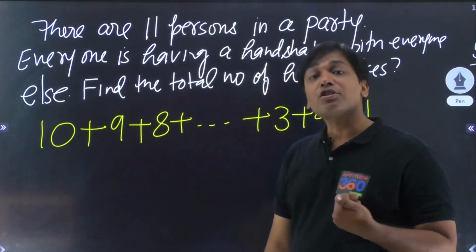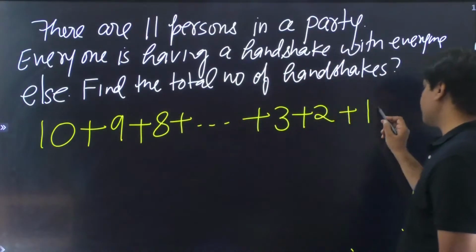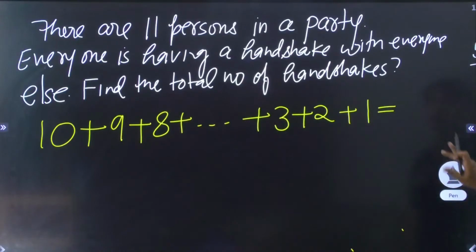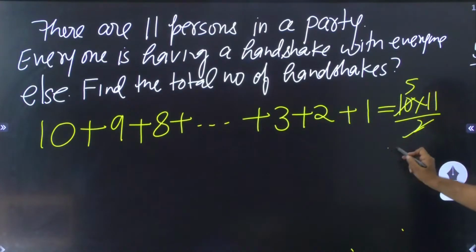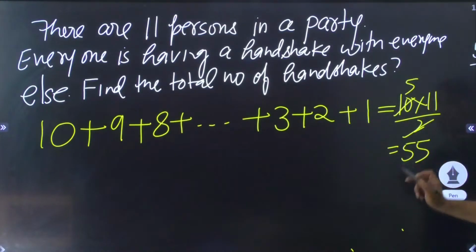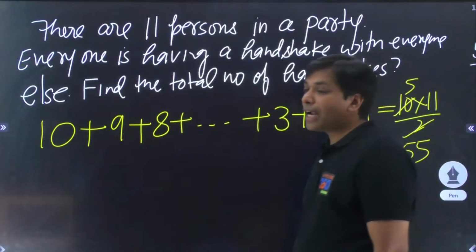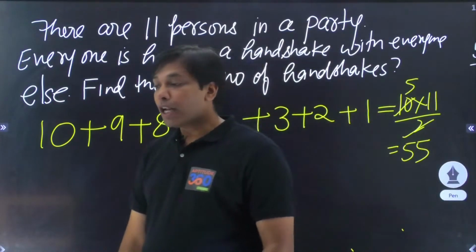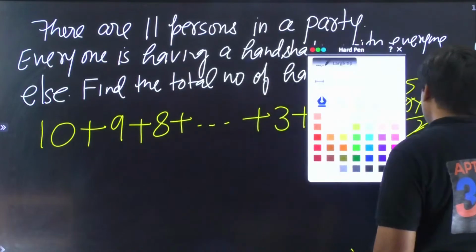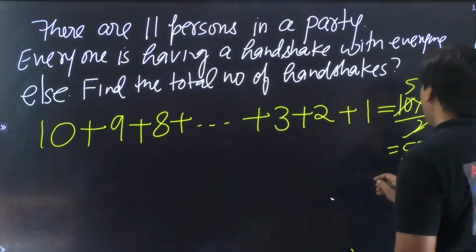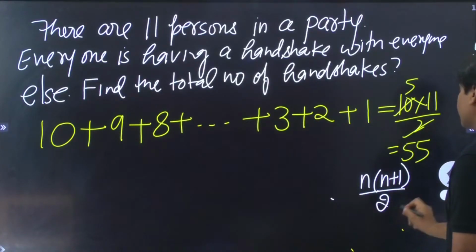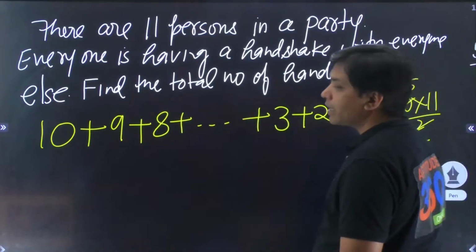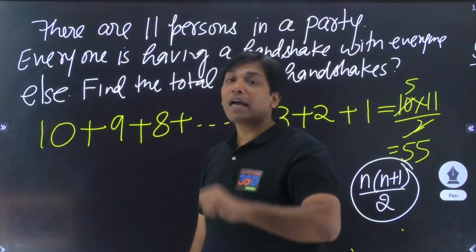And what is this? Sum of first 10 natural numbers. How do you find it out? 10 into 11 divided by 2, यही है ना आपने सीखा हुआ। So this is nothing but 55। How many handshakes will be there? And what is the formula that I used out here? The formula that I used out here is n into n plus 1 by 2। मैंने n यहाँ पे प्लग इन कर दिया, कितना? 10। And I could have done this।